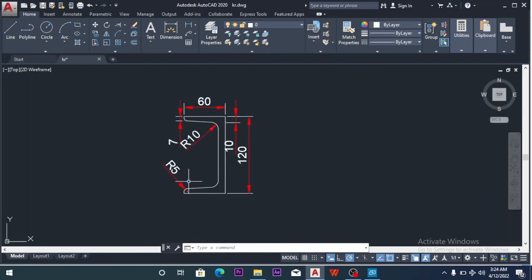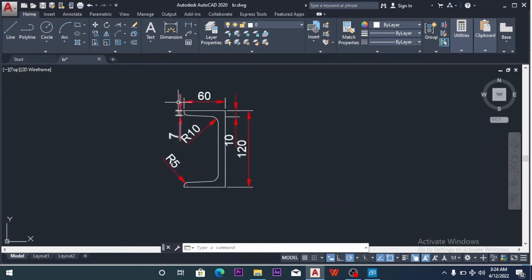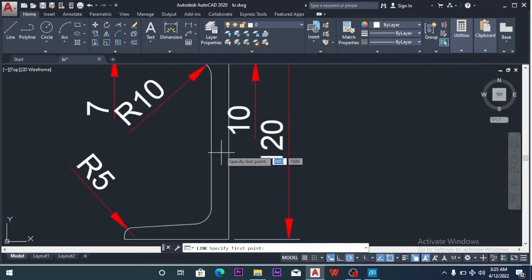Remember, this is a practice problem. We try to work on our skills of what we have done so far. So how do I draw this? Remember I said the first thing is where do you want to start. So I can start from here up. So I click on this. The dimension from this to this is 60. From down to this here is 120. And